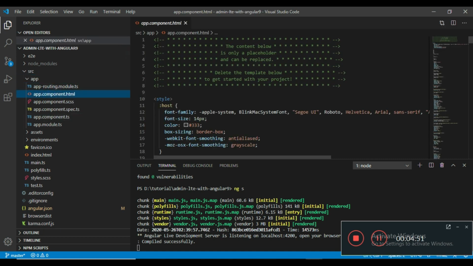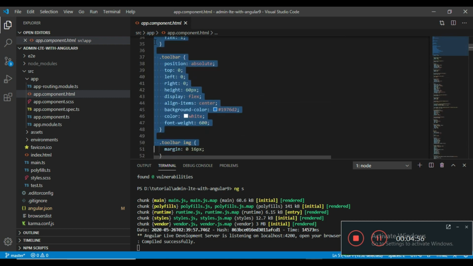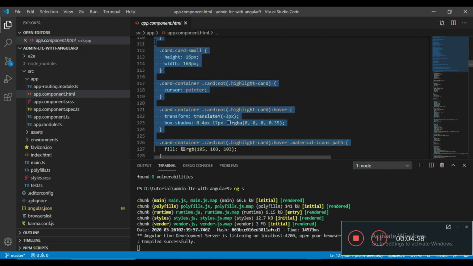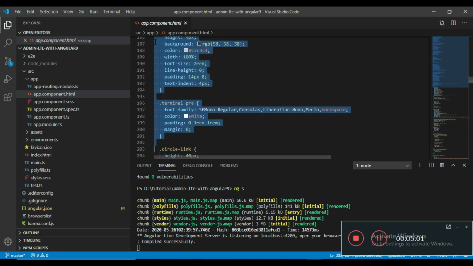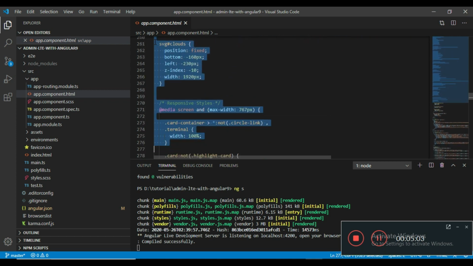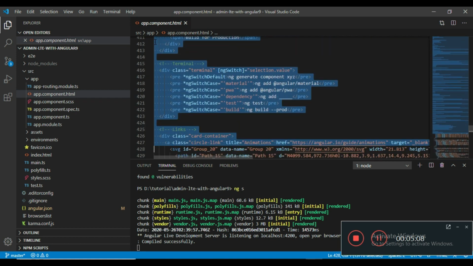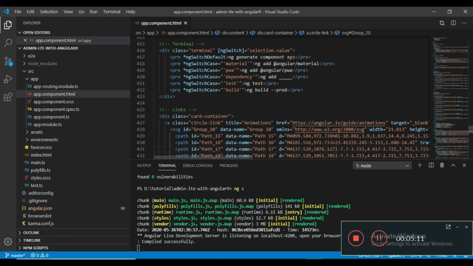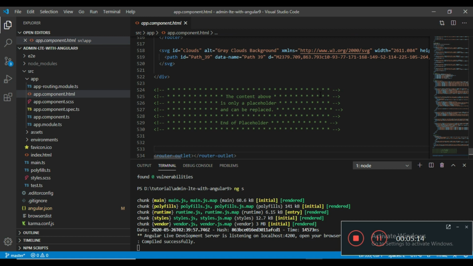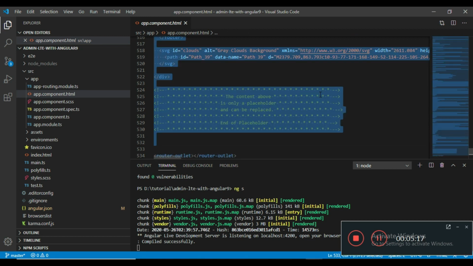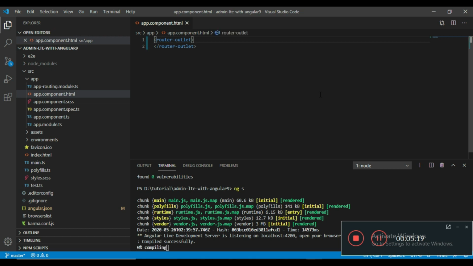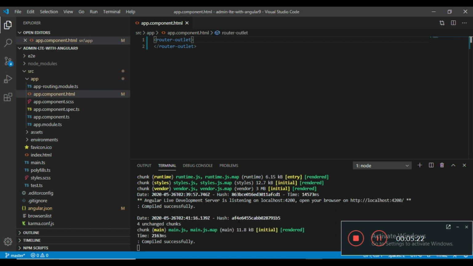Here delete the default code from the app.component.html file, and save. So here we have a blank project now.